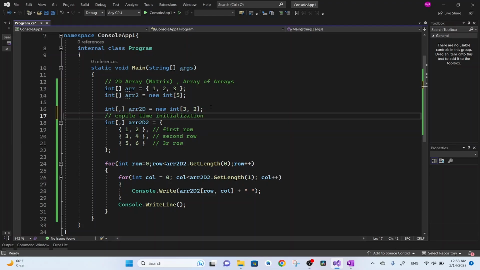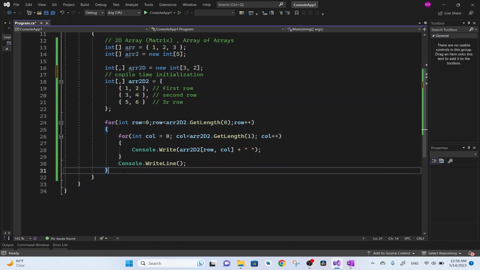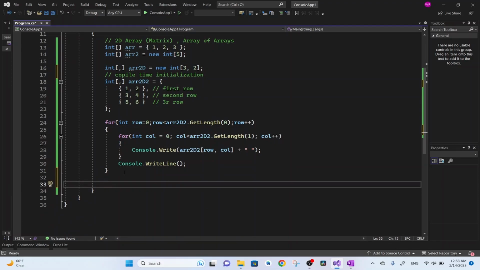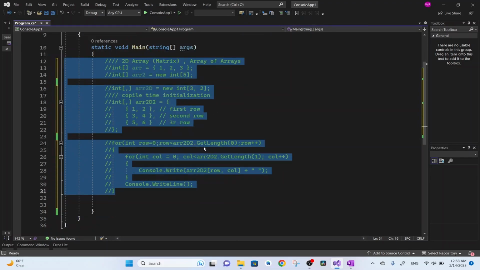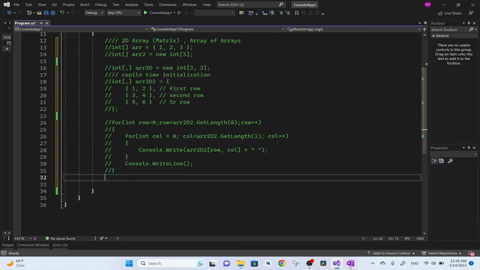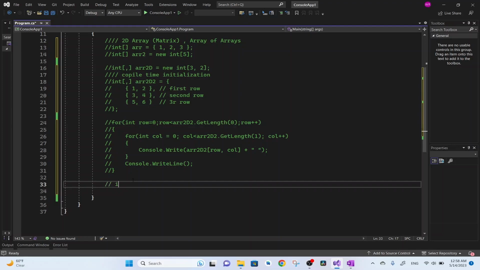We can also initialize a 2D array at the runtime by taking the input from the user and the size of the array from the user. So let me comment out all these lines of code and let's initialize the 2D array at the runtime. Then we will wrap up this video. So to initialize,